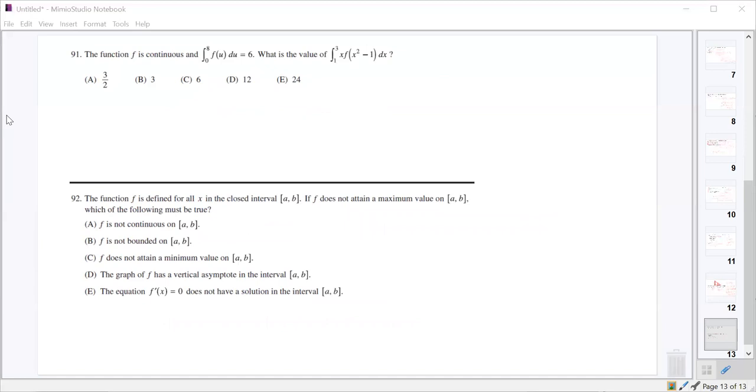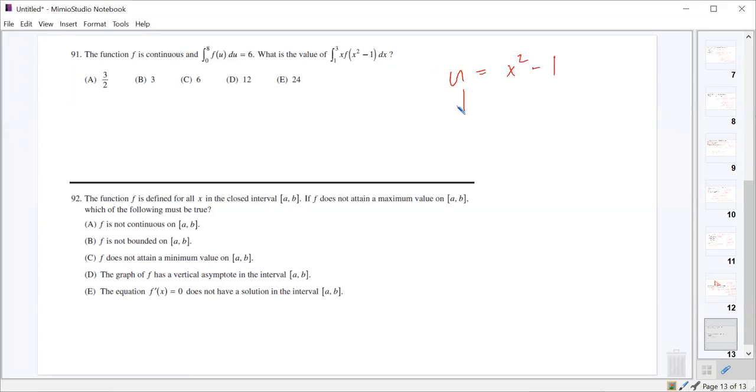We've got the function f is continuous, and the integral from 0 to 8 of f of u du equals 6. What is the value of the integral from 1 to 3 of x f of x squared minus 1 dx? Well, this one, obviously, we're not going to be able to integrate as it sits. But what we could do is we could let u